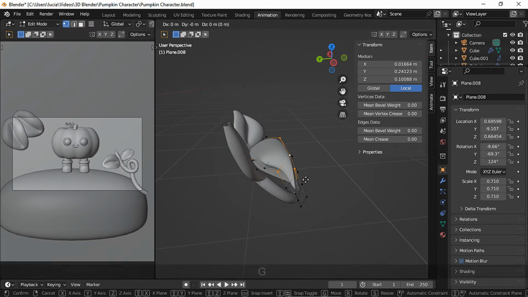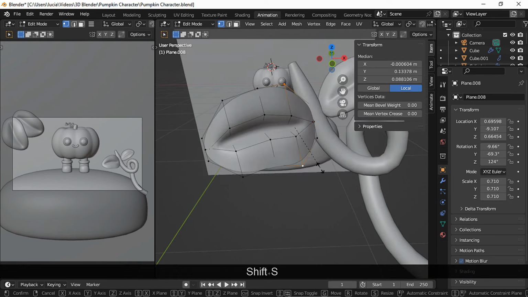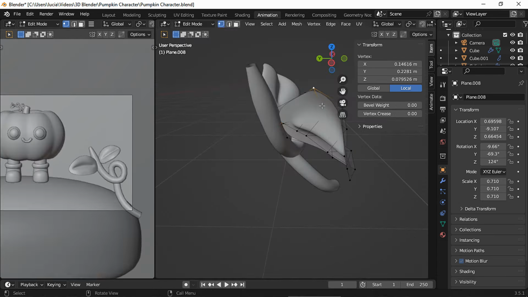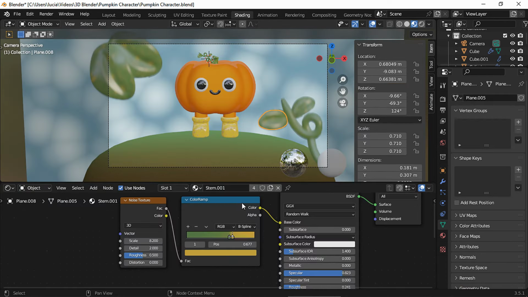And if you like, you could edit the shape of this leaf since it looked a bit too chunky. But I was feeling lazy, so I just left it as it was in the final render. And then for all of this, I used the same material as for the 2 big leaves.